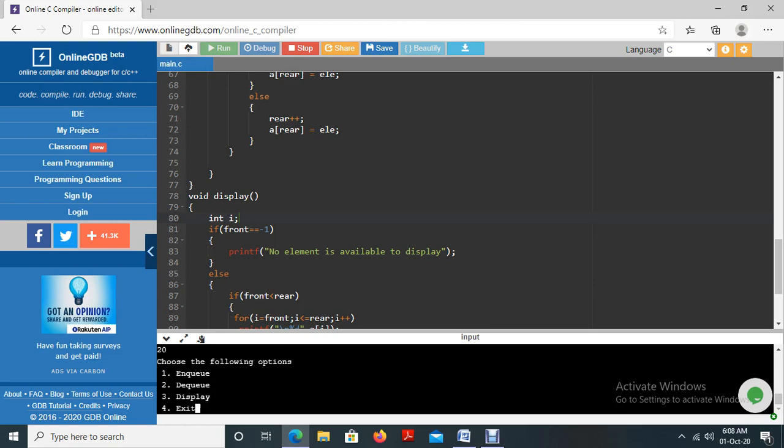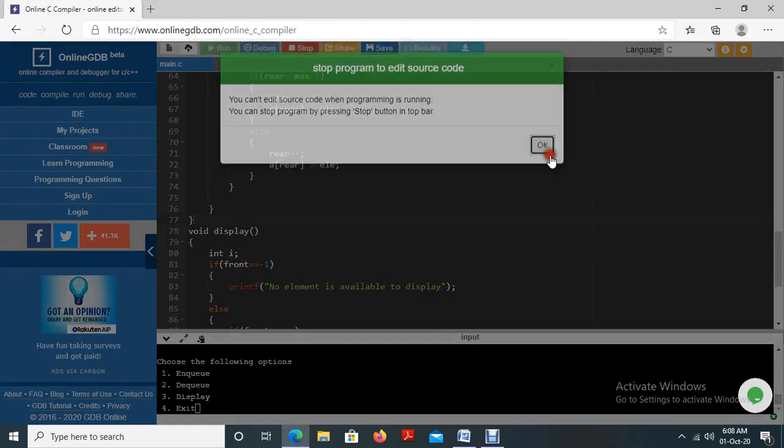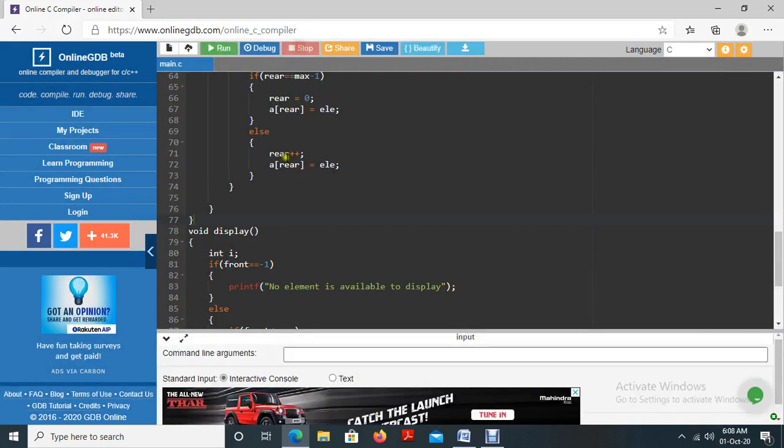Now I want to verify whether the queue works perfectly for the circular form also. So I am inserting a new element, 30, to verify whether the program works for a circular queue also. You have to write a program for delete, because once you delete an element, only then can you insert in the circular form. So write a program for deletion also.